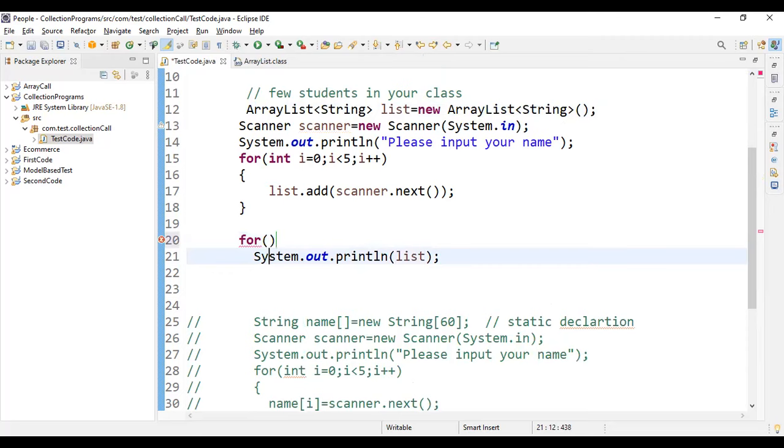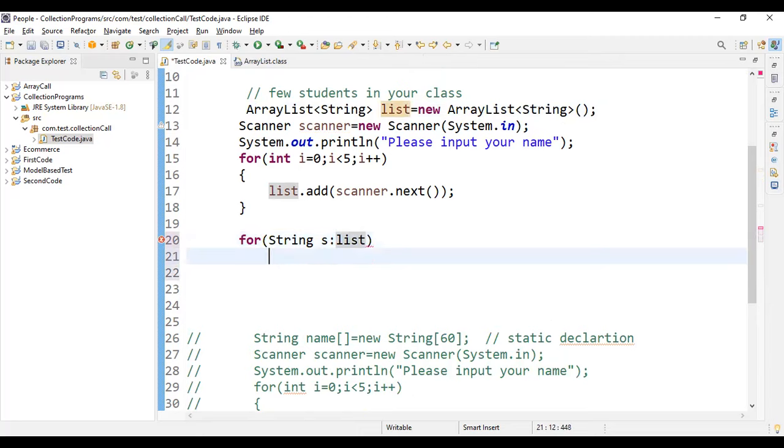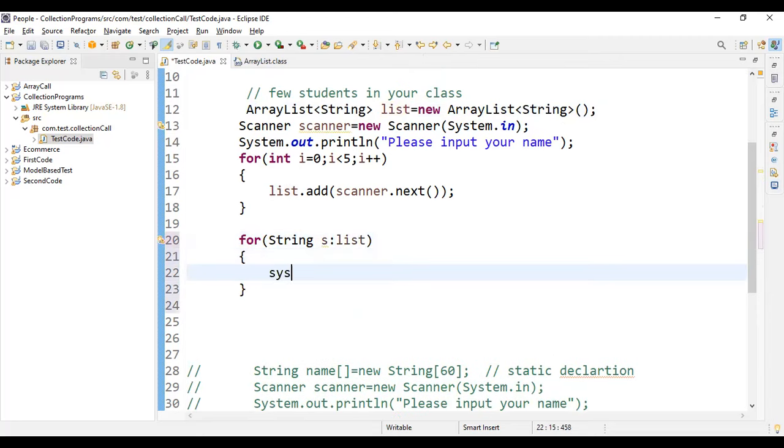There you need to define the type, which is that they all are of String type. Now let me take a reference variable, which is s, and put everything in this s. Now let me print s only. If I run this,